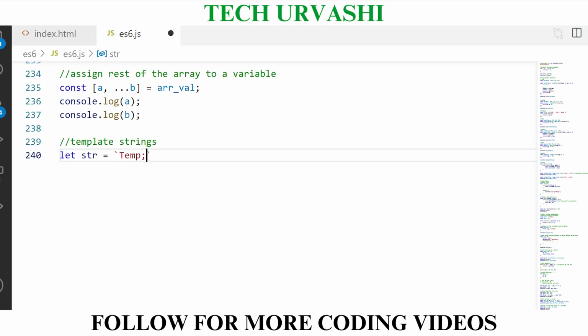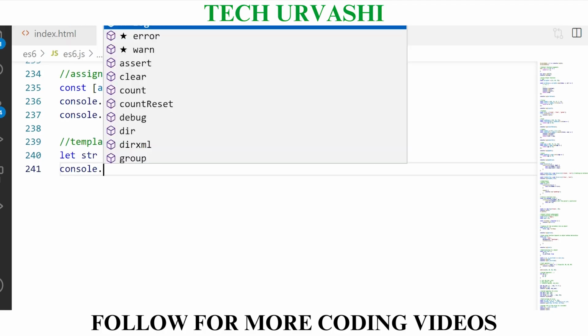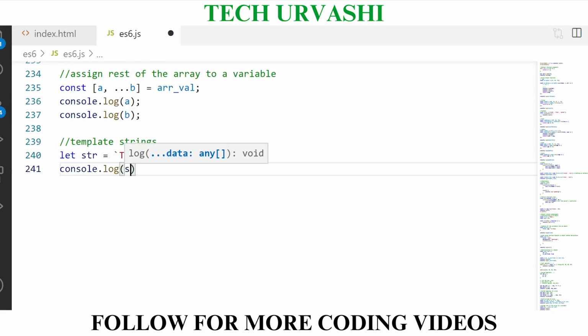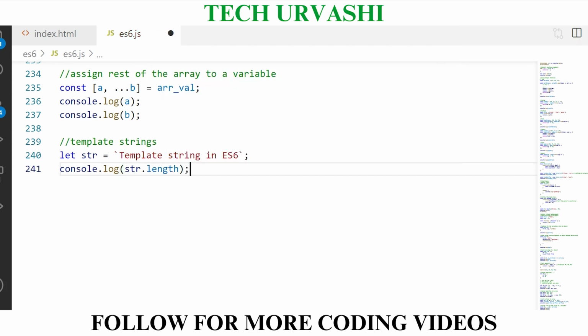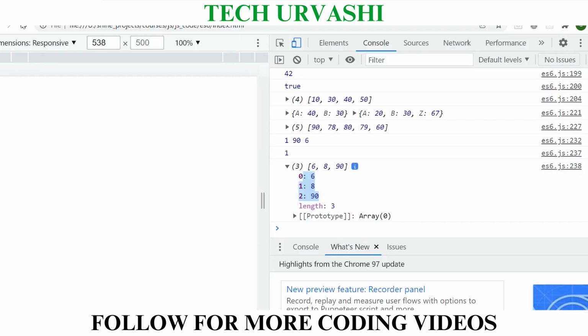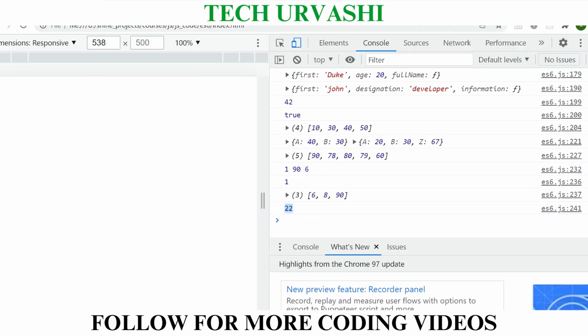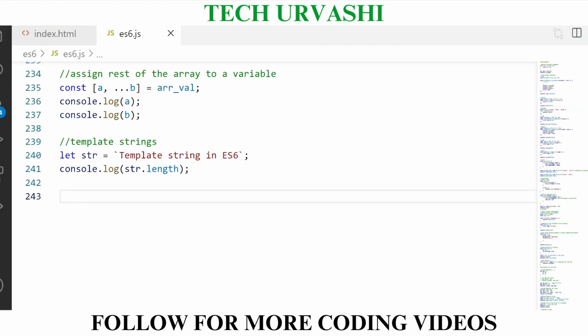So I will just say template strings in ES6. Let's say this is my string name. So this is how I can create this. So all the string methods work on this, like we have indexOf, then we have properties like length, all those things work here. So if I refresh, I can see the value is 22. So all those methods work here as well.